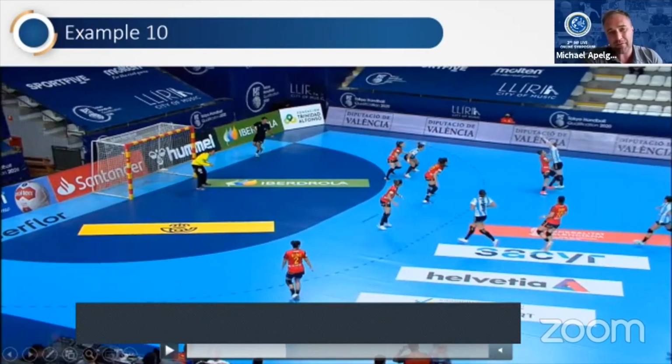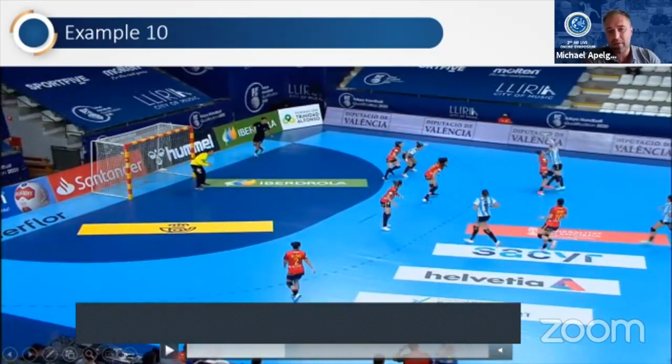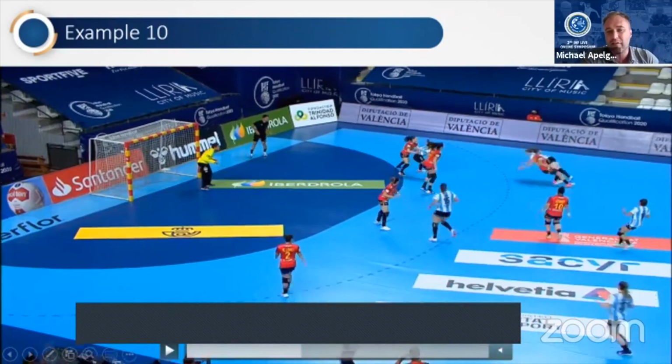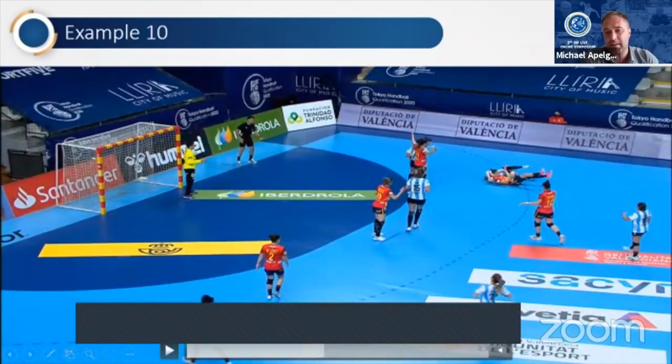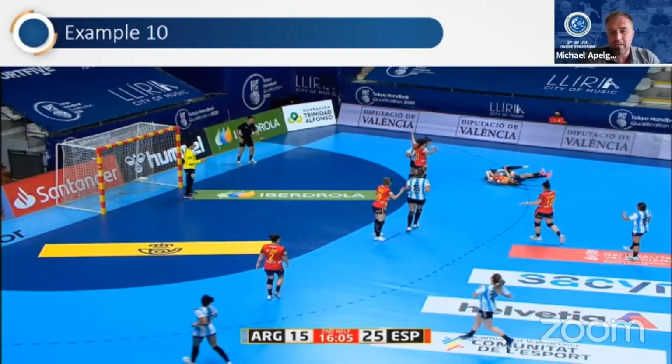But when she gets the feeling that she's a little bit too far away from me to reach perfectly, therefore, yeah, I will try to fall. So I think it's also not necessary for her to take this risk, because if she were reading the game better from the beginning, if you see on this clip, if she lets the player go to her other side, she has all the help in the world from the other defender. So if she would only go harder on closing this side where she wants to go,